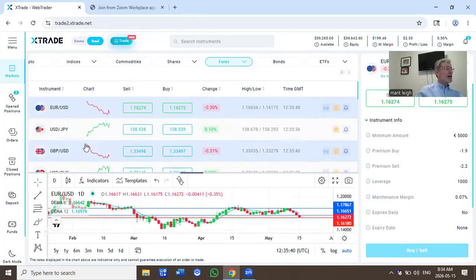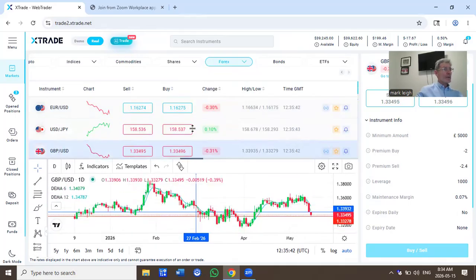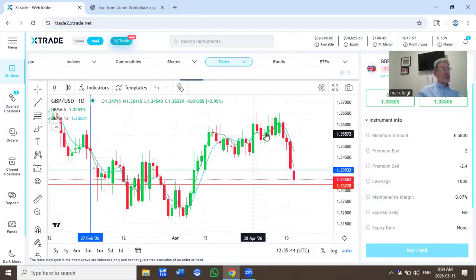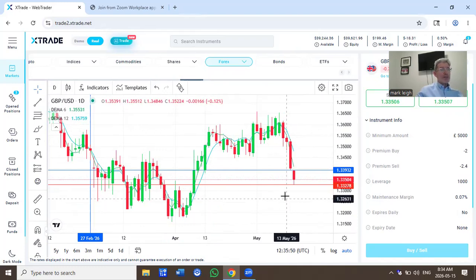Let's have a look at the pound. Took a beating against the US yesterday, continuing today. Have a look at the strong sell-off, selling pound, buying US. I've got support at 133.27. I've got resistance at 133.93. If there is going to be a bounce from strong to weak US dollar and buyers do step in,